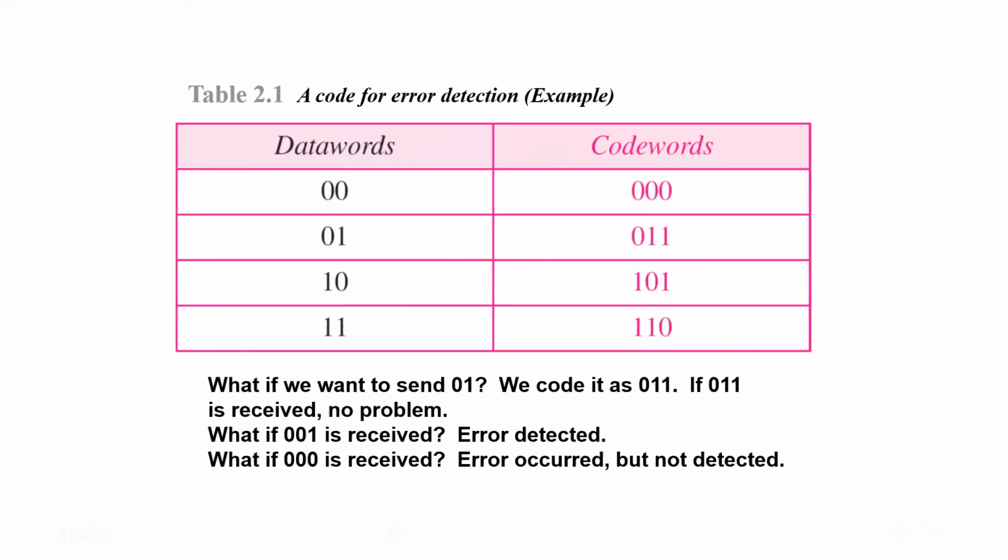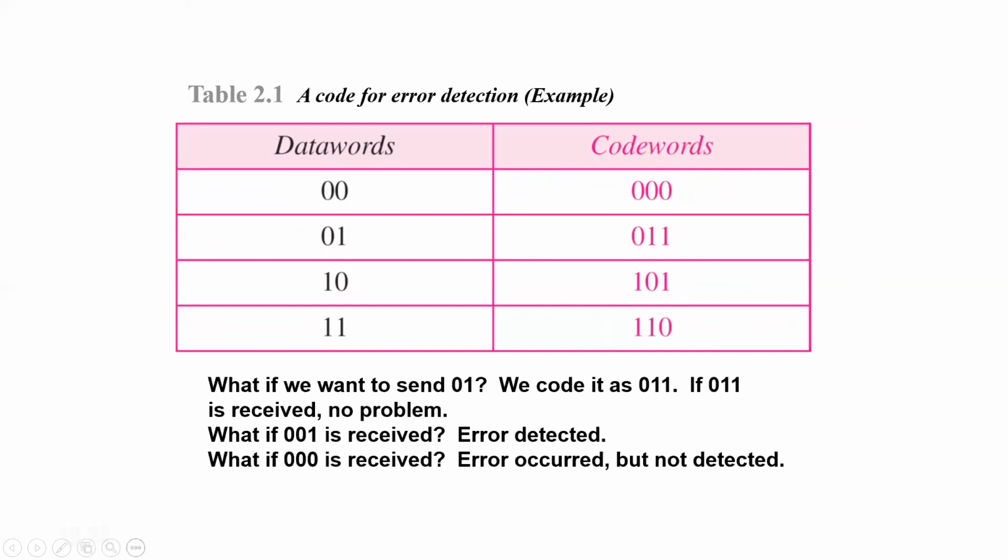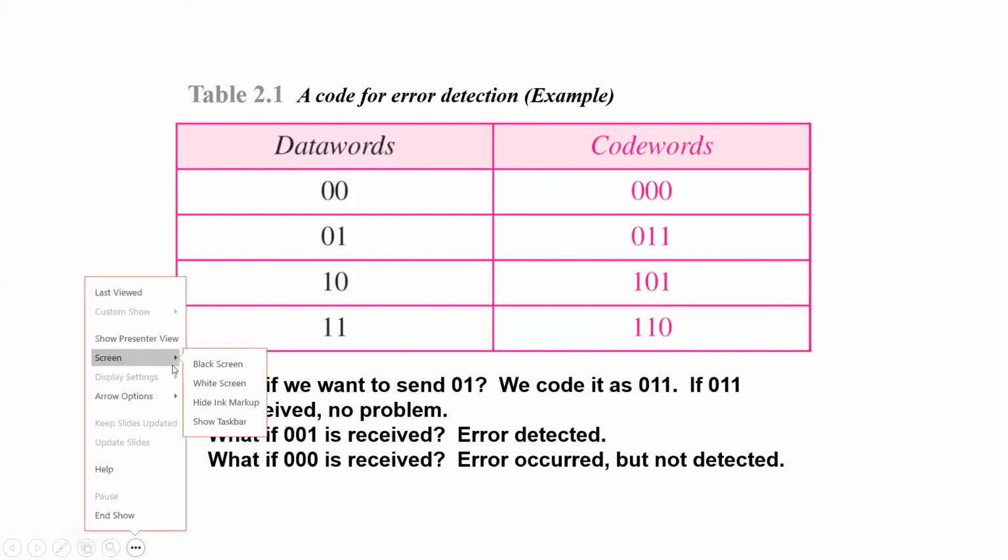Now, before that, how can errors be detected by using block coding? To detect errors using block coding, if the following two conditions are met, the receiver can detect a change in the original code. So there should be two conditions which should be true for detection of errors in block coding.